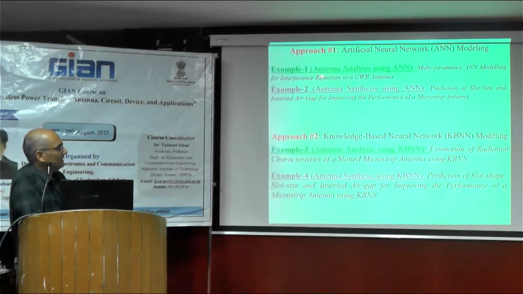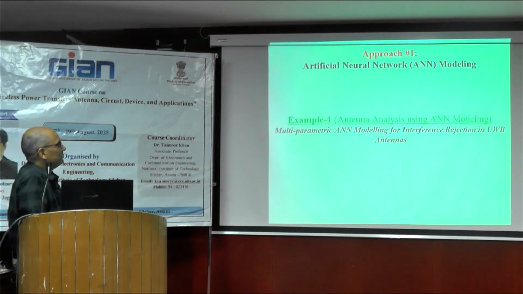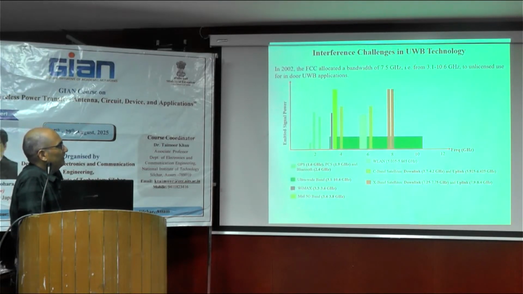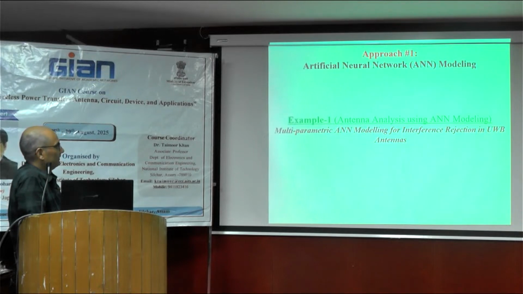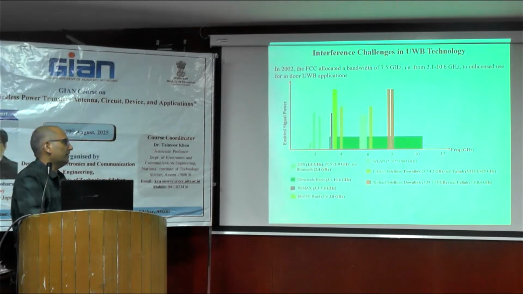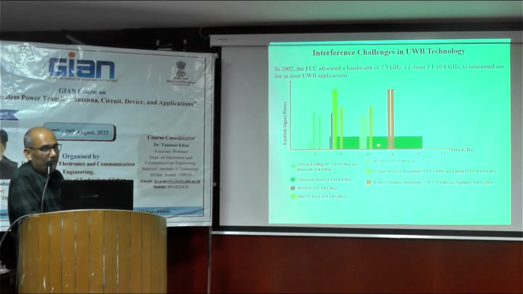It might be the same design, same geometry for analysis and the same geometry for synthesis. It may also happen that it is different, because we need to focus only on the approach, not on the example. Just see example one: interference rejection in UWB antenna. That is not relevant to RF and WH, but we can quickly move ahead with that one. The 3.1 to 10.6 gigahertz is the UWB band,